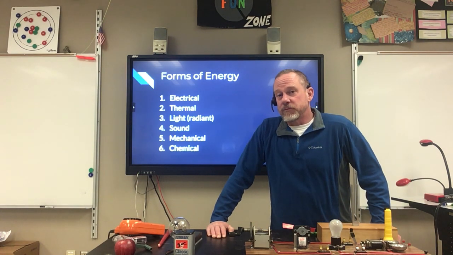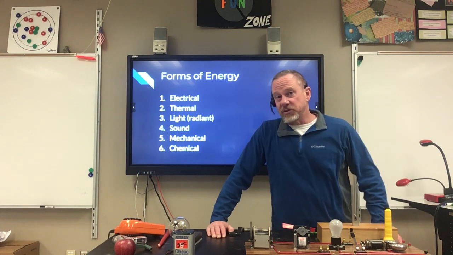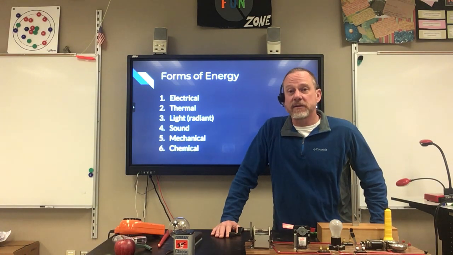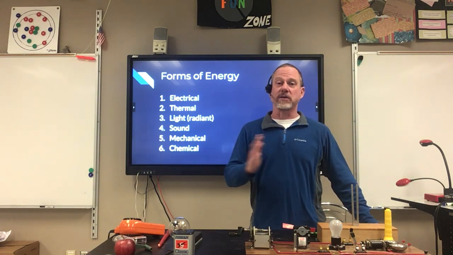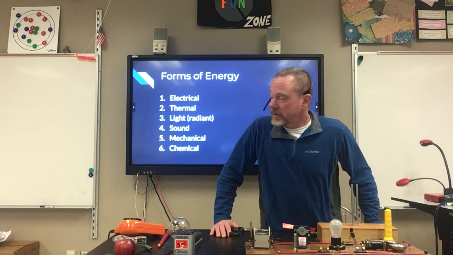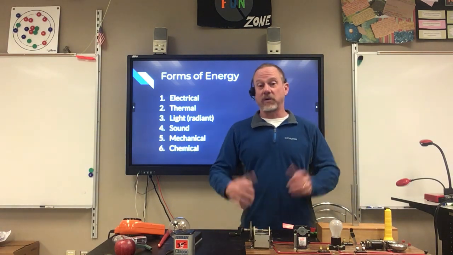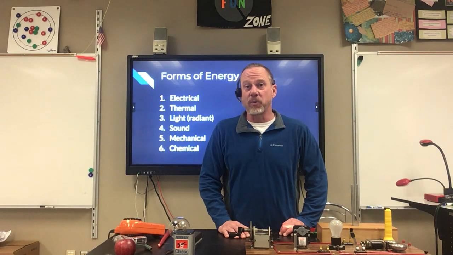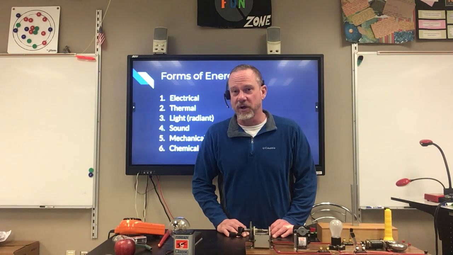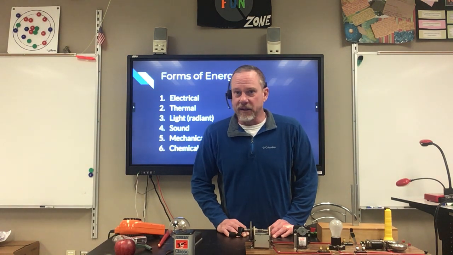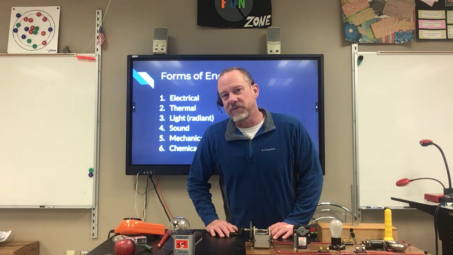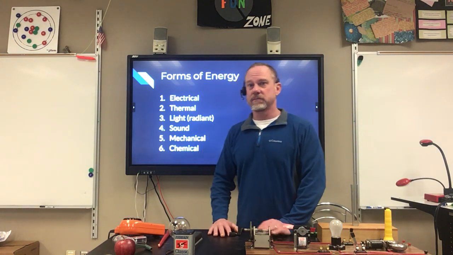We are hooked up to the electrical grid, where this mysterious form of energy comes into our homes and is provided to us at the outlet. What is it? It is the movement of electrons through a conductive material. Usually when it's in our house, it's copper. And that allows us to do work. Right? We have figured out ways to turn electricity into basically whatever we want it to be. It can make our blender in our house work. It can make the dryer get hot. It can make our computer work. It can make our television work. It can make all sorts of different things happen depending on how we configure it.